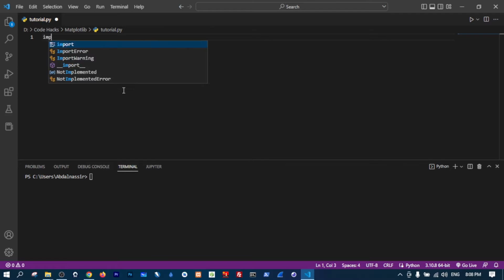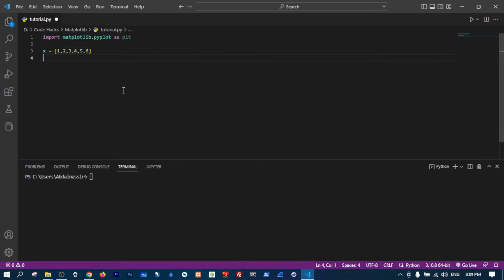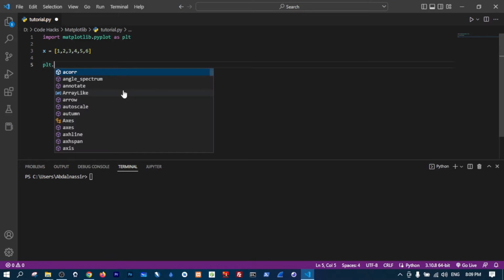First thing we need is of course to import matplotlib.pyplot as plt, and yes, that's it. Then I will create some dummy values. These will be as simple as 1 2 3 to 6. Then we just call plt.plot